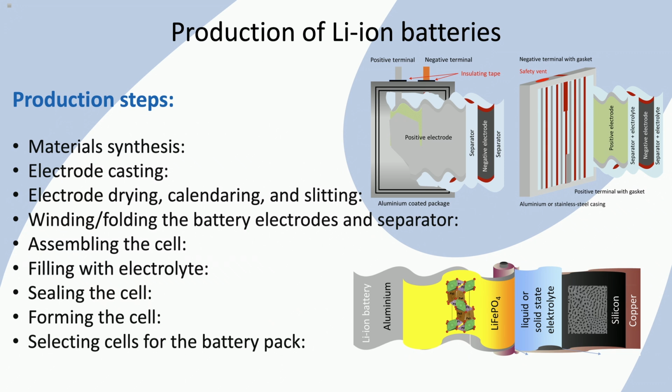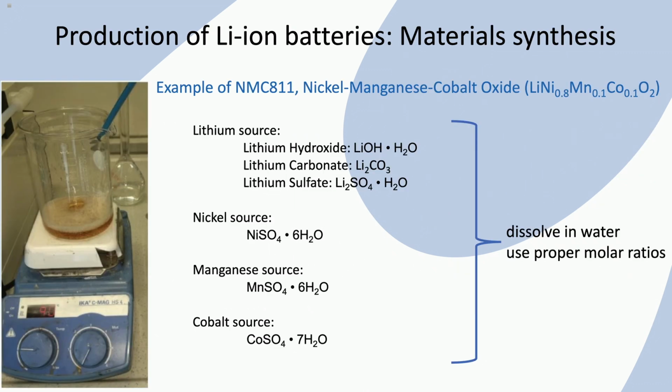And here too, we start with the important material synthesis. Before we show you an industrial lithium-ion battery production process movie, we will show the processing of the various components on a lab scale. One of the future important positive electrode materials is NMC 811, which stands for lithium, nickel, manganese, cobalt oxide,